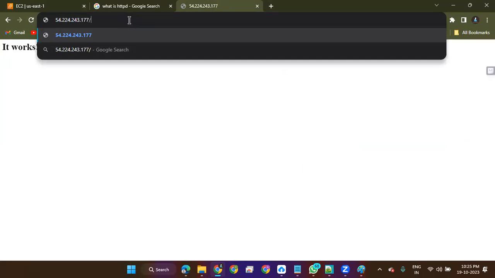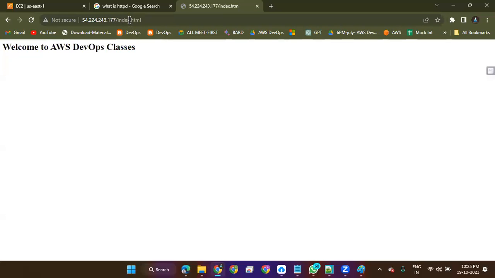Then index.html. Did it work? Did I log into the server? And I also did it with service only, right? Since the two are the same, there's no difference.